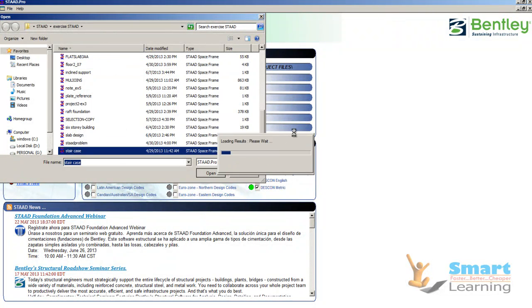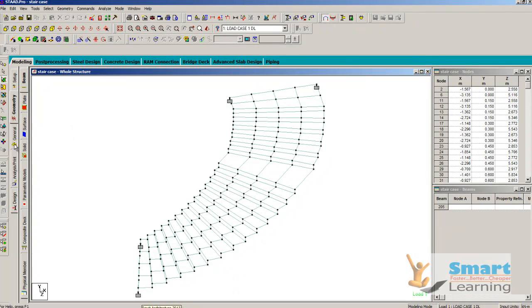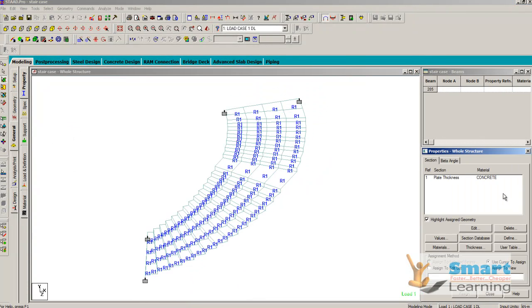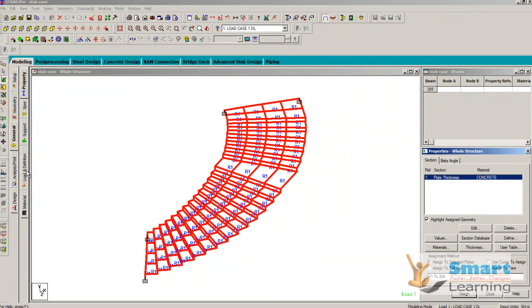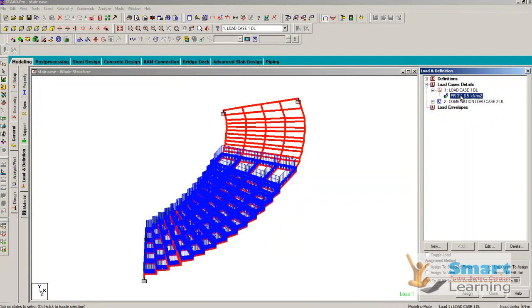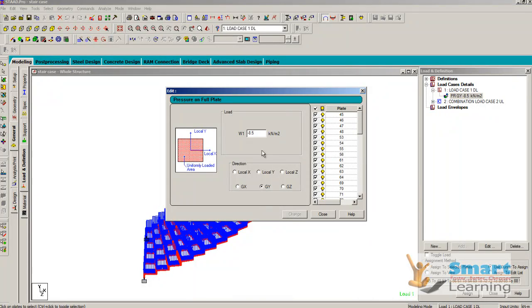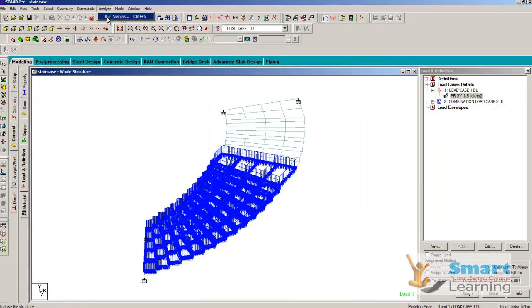Staircase, open this. This is also a composite slab, and here we have tagged it as fixed. You can check the load definitions. The plate thickness you can see is 0.1 meter, and in the load definitions we have added the live load of minus 8.5 kilonewton per meter square in the y direction. Based on that, if you analyze this,